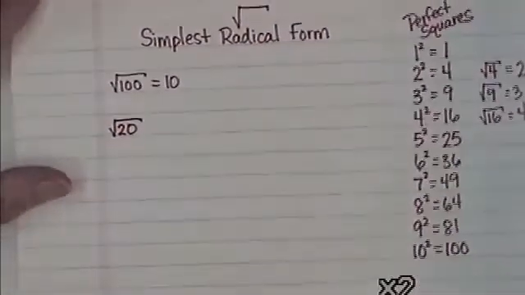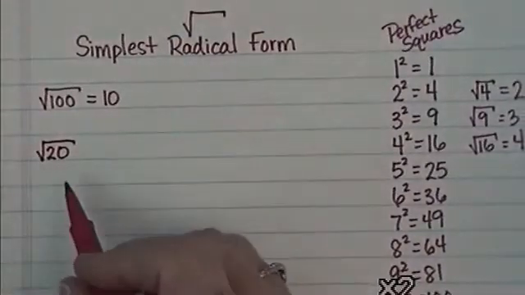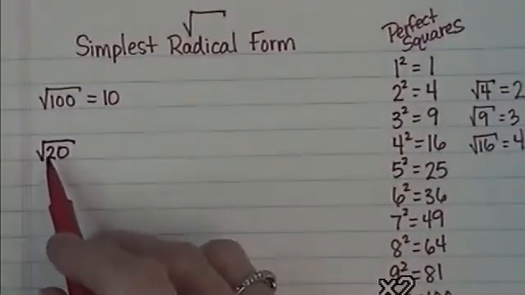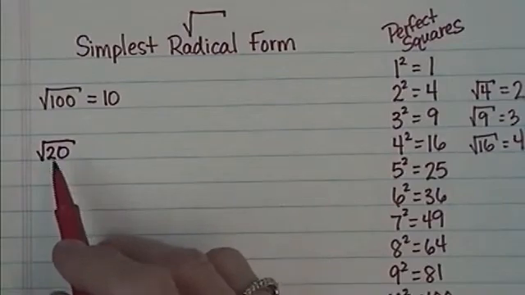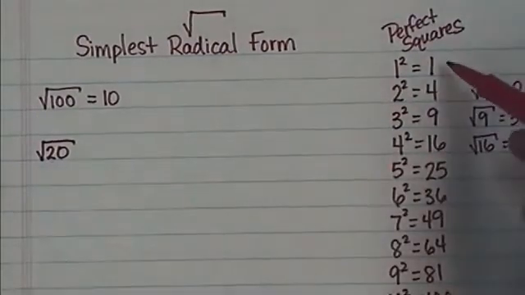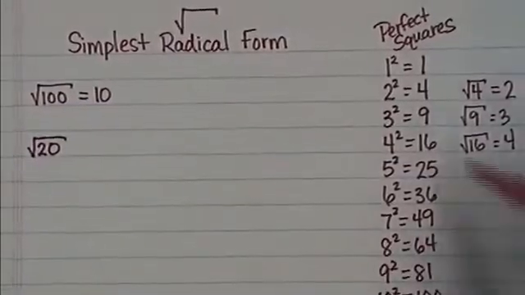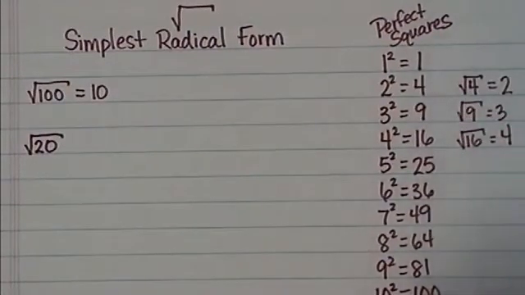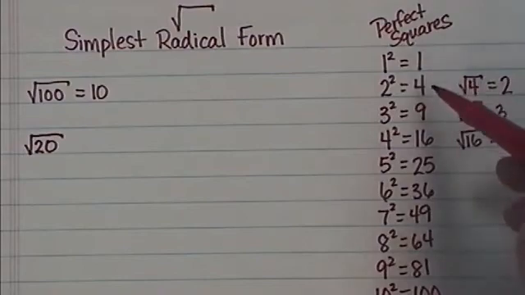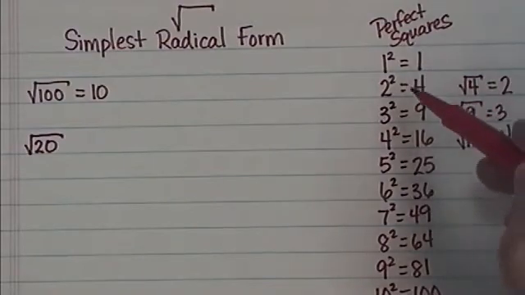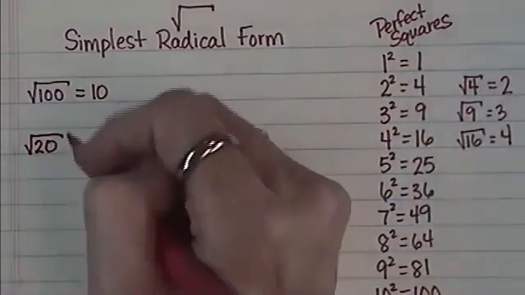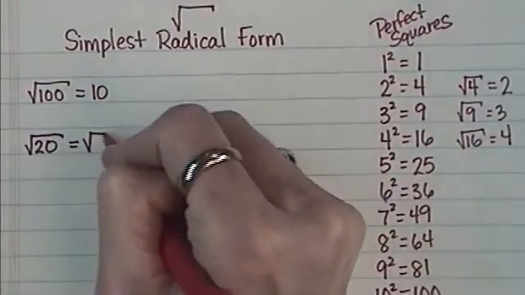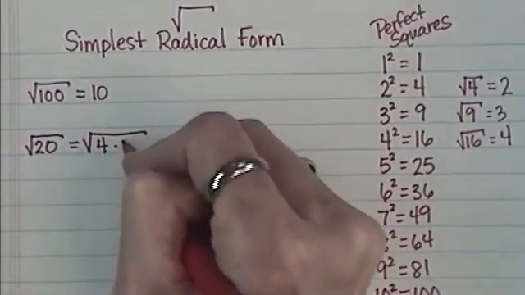All right. So in order to do this, I need to take 20 and find a multiplication fact that equals 20 that includes one of these perfect squares. So go down this list. Do you see a number in the list that when multiplied by something else would equal 20? Look at that right there. 4 times 5 would be 20. So I'm going to come over here and draw my radical sign, and I'm going to put 4 times 5